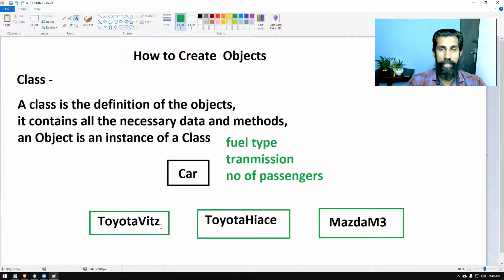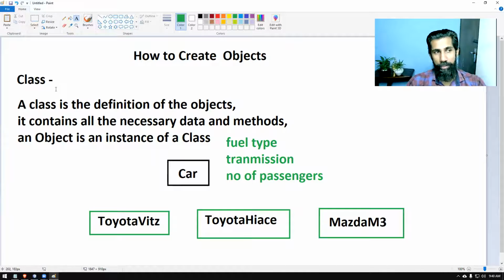What you can do with basically a car is you can make the car go, and you can make the car stop. Those are the main important things that you can do. All these things will be found in all the objects that you make here, and they are made out of this particular car class itself. So we can build something similar to this one. I hope you got an idea about what an object is.